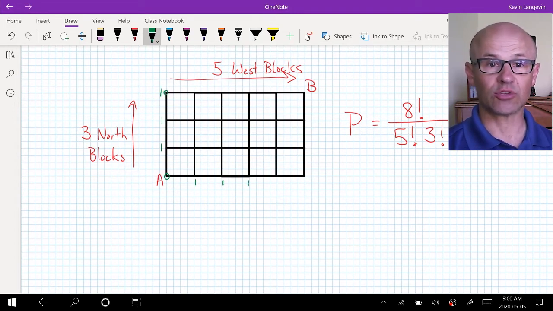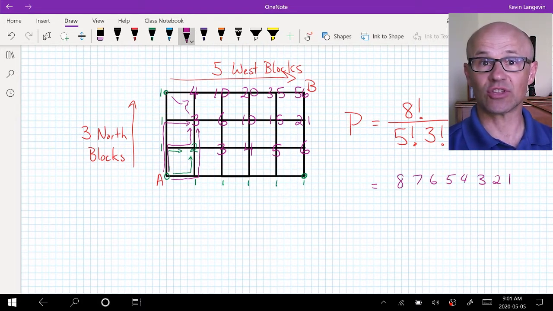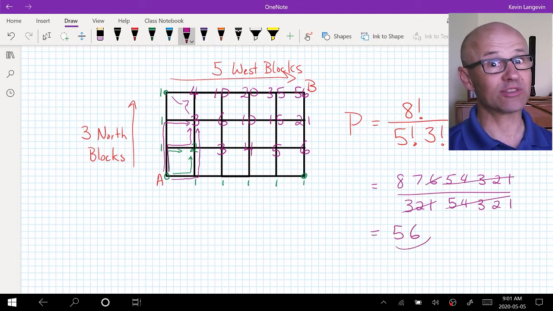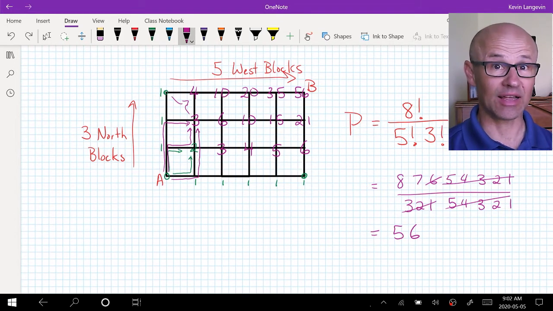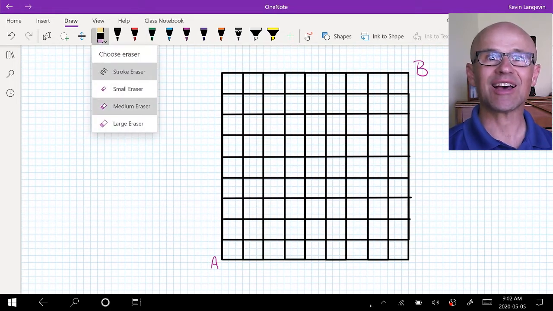Well, now what we're going to do is look at it as how many ways to get to a certain spot. To begin with, we just count the ways, and you can see there's 2 ways to that second spot, 3 for the next ones, and as you continue to build it, you notice that Pascal's triangle is sitting there kind of on an angle, but you should be able to see how it does produce this exact same solution for us that worked out with that permutation model. Permutation model's faster, definitely,